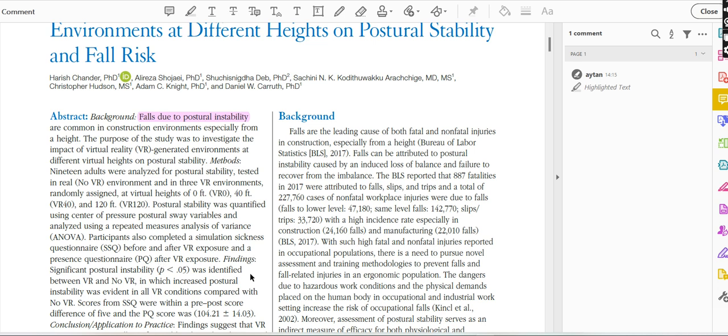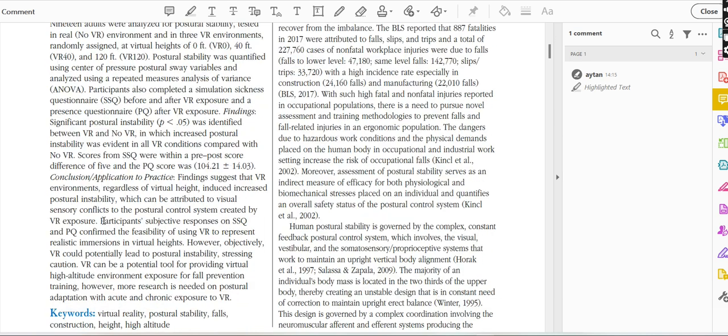Findings: significant postural instability was identified between VR and no VR, in which increased postural instability was evident in all VR conditions compared with no VR. Scores from the SSQ were within a pre-post score difference of 5, and the PQ score was